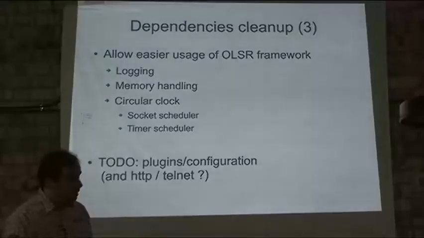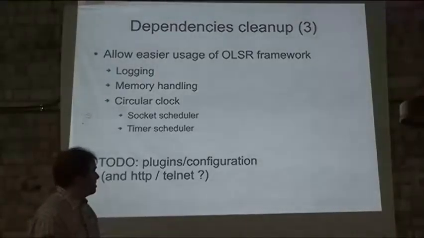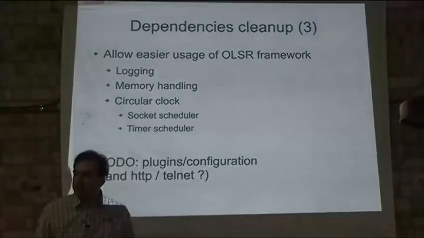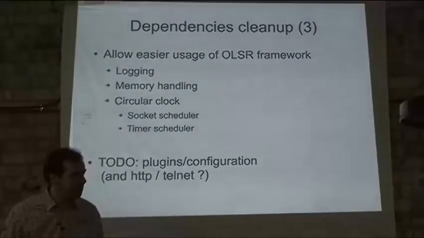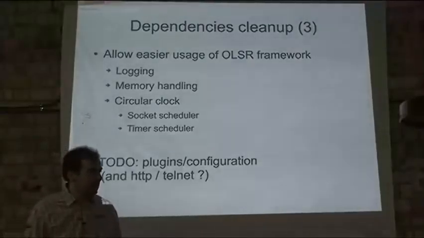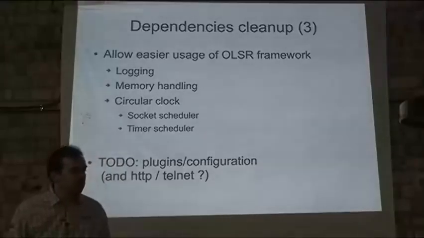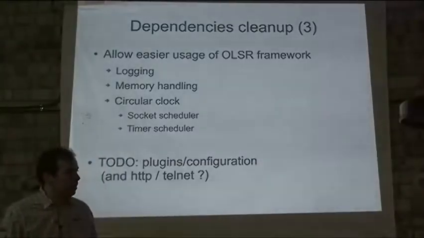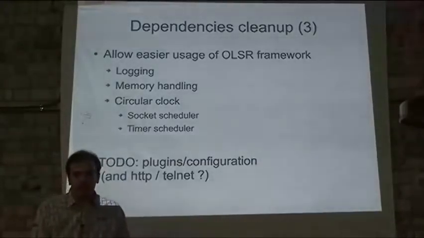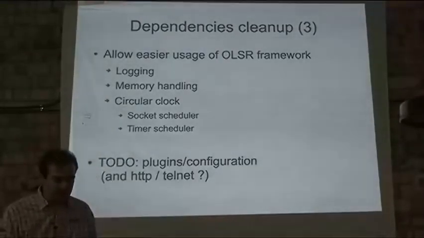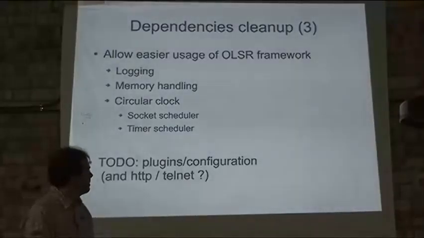The configuration system, at the moment the stable branch uses Flex and Bison, and I'm not sure if anyone has ever enjoyed using Flex and Bison, but it's a pain in the ass. It's buggy as hell, I think, the resulting code, and it has memory leaks we were never able to track down, because it's lots and lots of automatically generated code. It's hundreds of kilobytes, and you look at it and say, no, I can't comprehend what this thing is doing, I just have to believe it works. But it's just a single memory